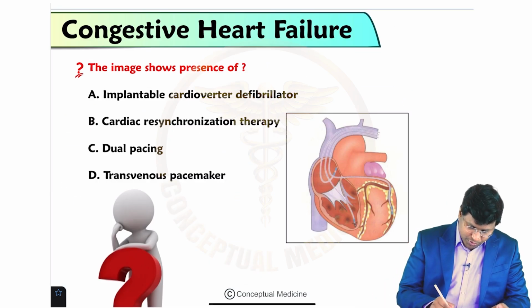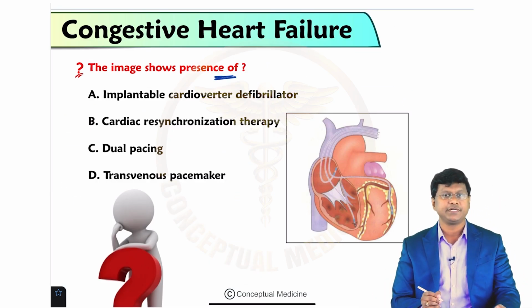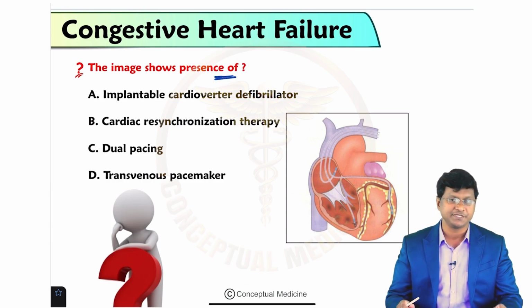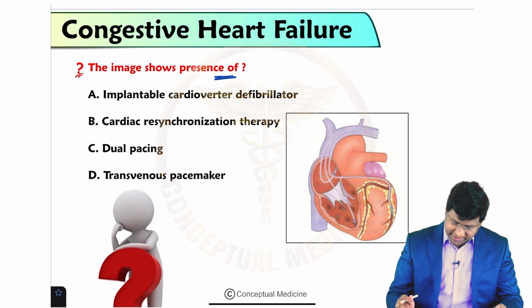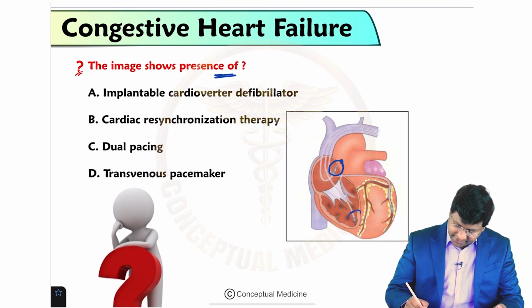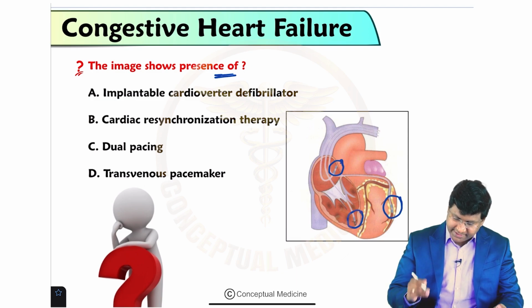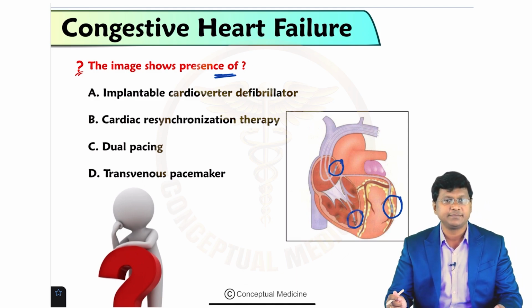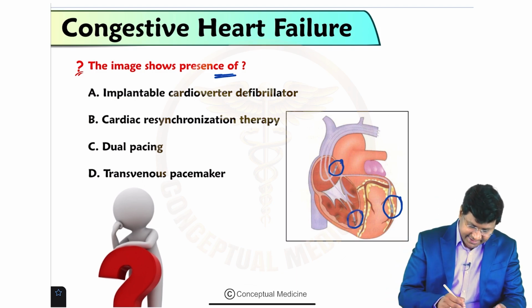The image shows the presence of implantable cardioverter defibrillator, cardiac resynchronization therapy, dual pacing, transvenous pacemaker. So if you see the image, what is that you are able to make out in this image? You have one lead in the right atrium, you have another lead in the right ventricle, and another lead is present in the lateral wall of the right ventricle. The options are implantable cardioverter defibrillator, cardiac resynchronization therapy, dual pacing, transvenous pacemaker. The answer in this question is